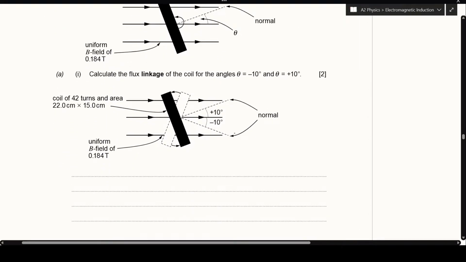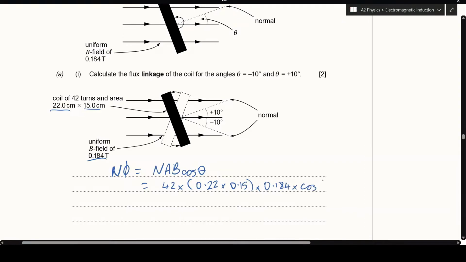First thing we have to do is calculate the flux linkage of the coil for angles of -10 and 10 degrees. Well, flux linkage is N phi, and phi is AB cos theta, so flux linkage is NAB cos theta. Number of turns is 42. To find the cross-sectional area, we need to multiply the two dimensions of 22 centimeters and 15 centimeters by each other, but they need to be in meters. 22 centimeters is 0.22 meters, or 22 times 10 to the minus 2. Same with the 15 centimeters. The field is 0.184 Tesla,